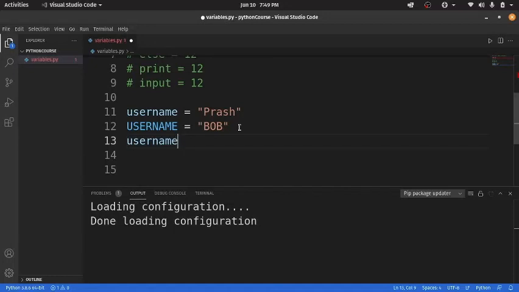If there's a different character, small or capital, then it will create a different variable, and they will be considered as different variables.